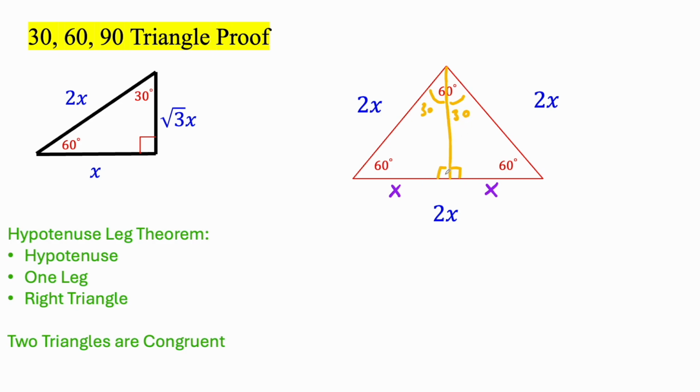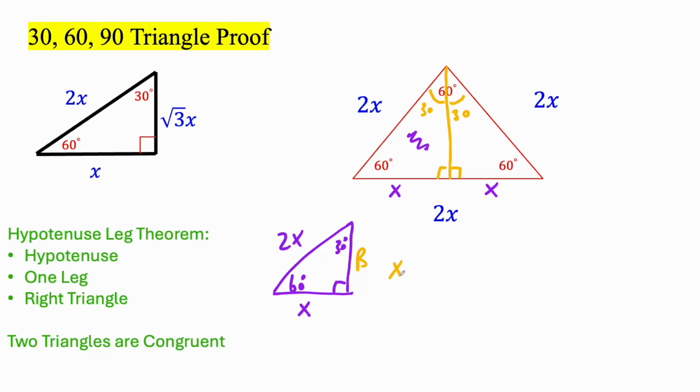We also know this is a right angle, so we could use the Pythagorean theorem. So let's draw one of the triangles. I know this is 2x, I know this is x, I know this is 60 degrees, and this is 30 degrees. And so if I want to find this altitude, or we can call it b, we can just use